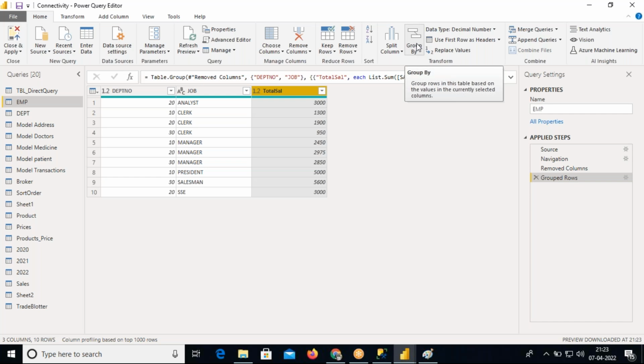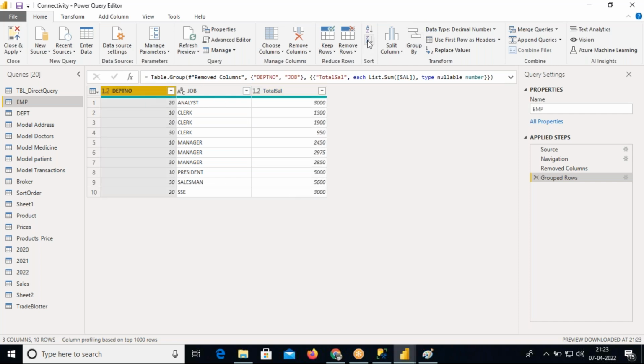Okay. So over here, no questions, right? Next, if you want to apply sorting, here we have sorting options, same as Excel. If you know Excel very well, then Power BI will also be very easy. If you want to apply a sorting on this data,